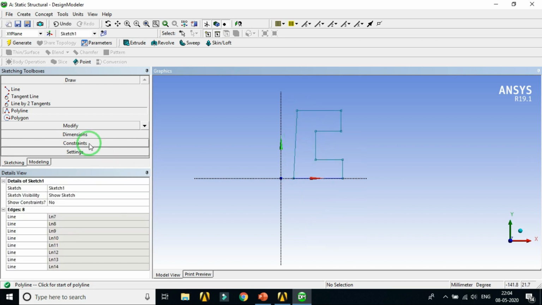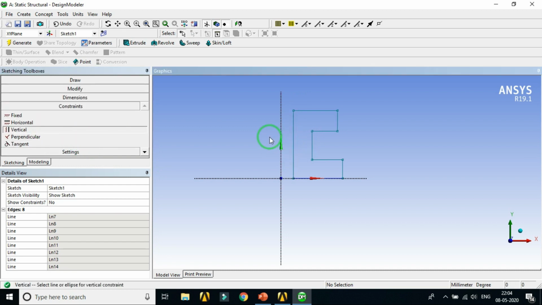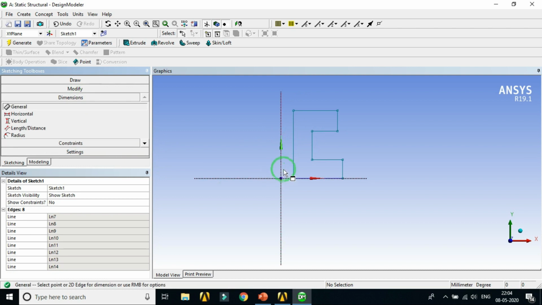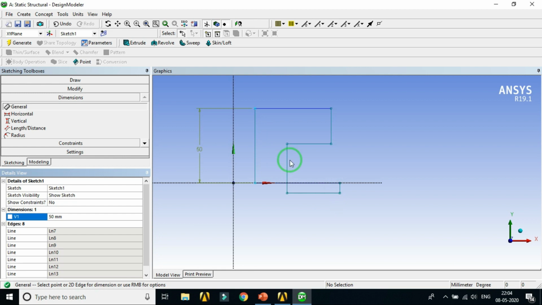So here we have to give some constraints, like vertical. So this line is vertical. Then give some dimensions here. So here is 50. This is a random dimension. You can select any of these and type the dimension here.